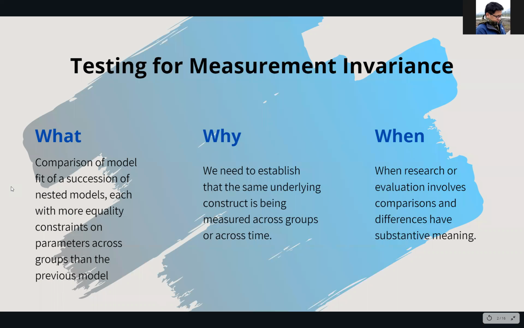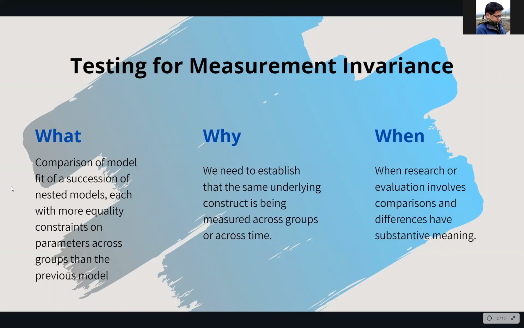Measurement invariance is similar to confirmatory factor analysis, except that with measurement invariance, we are interested in testing whether increasingly constrained or stringent models are acceptable compared to the previous model. One of the main reasons for using measurement invariance is to establish that different groups within our sample consistently understand the sets of questions and responses in a conceptually similar way.